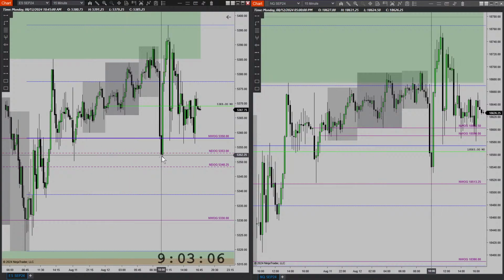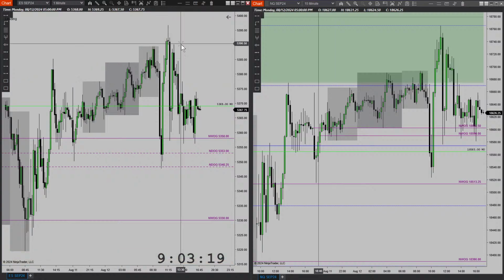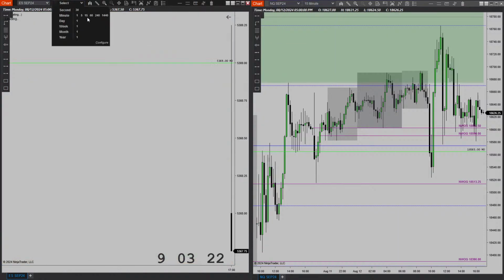So that was my initial reaction, my initial bias plan for the day. After it did that, obviously trading into the new day opening gap, price reversed, and I actually caught another trade here going into the afternoon because I had expected price to draw lower. Actually, it was this one right here on NQ. So let's take a look at the 5-minute.